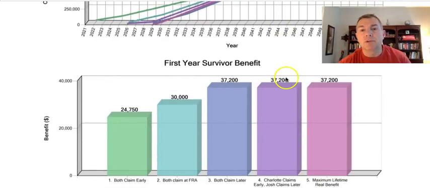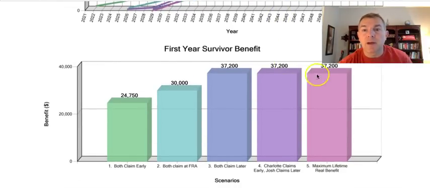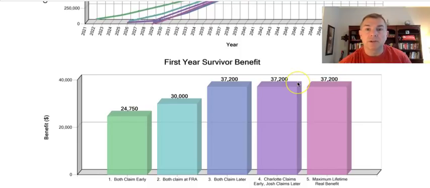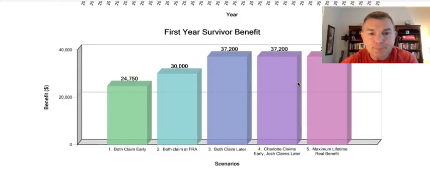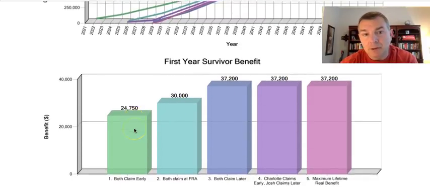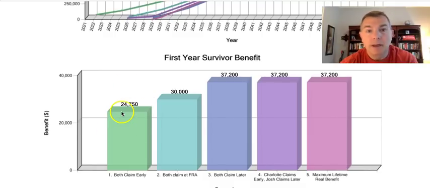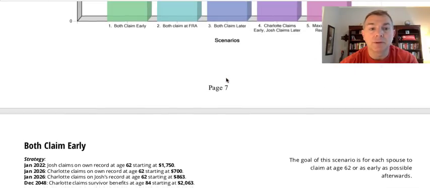This is what I like the most: the survivor benefit, the first year survivor benefit, $37,000. I think that's important to understand. Because if I die, if I took it early, my wife's just getting that. The wrong answer. If I took it at full retirement age, my wife's getting that because, again, my PIA is what she'll get. If I wait for the delayed earnings credits, she'll get $37,000, which is critically important.